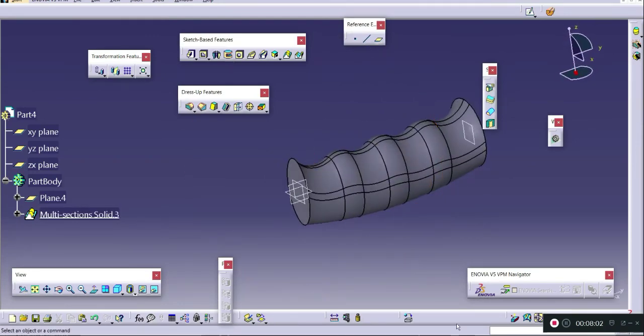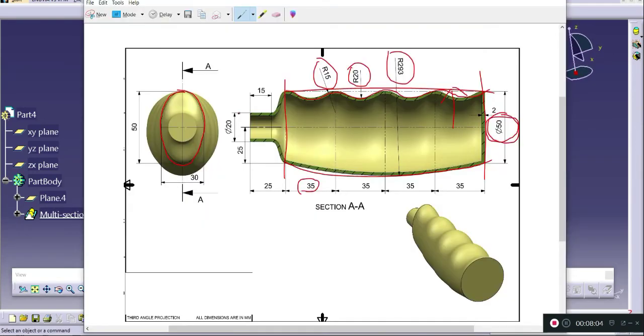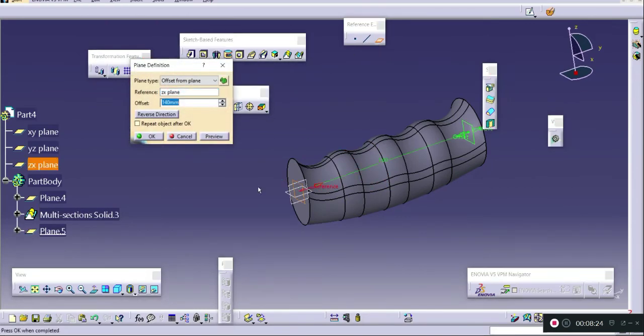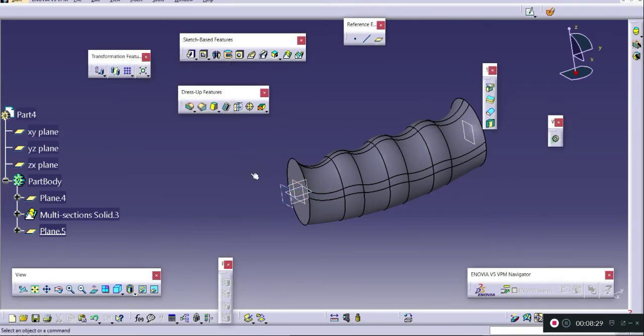So this is our first step. Then they have given this portion as circular, and the length of this portion is 15 mm, and this section should be offset from our previous section by an amount equal to 10 mm. So I will just create a plane of 10 mm from this surface, and I will go and select the plane.